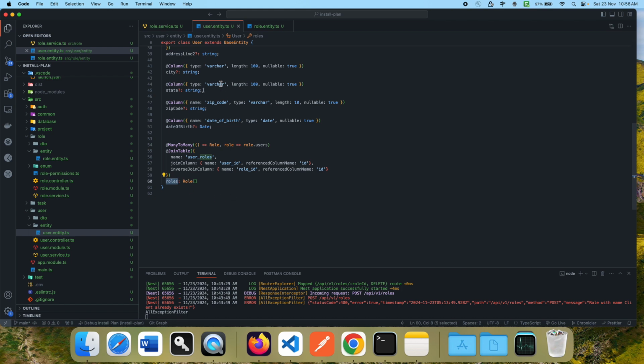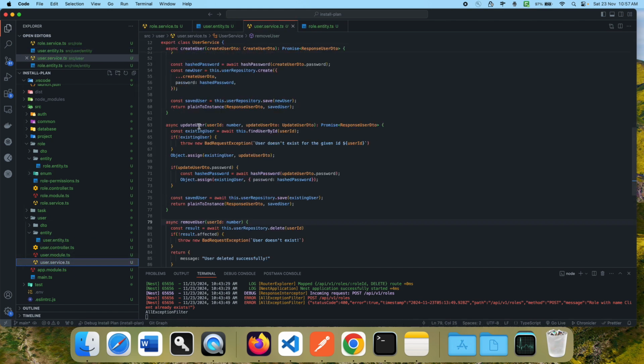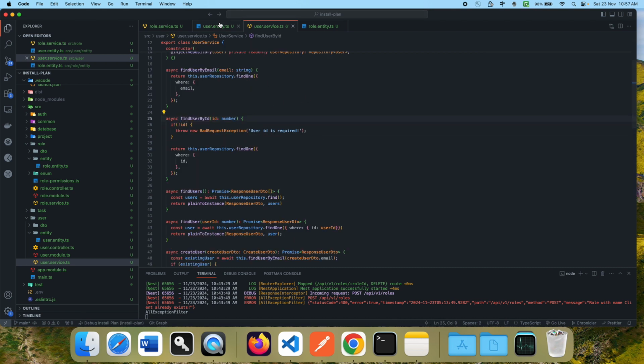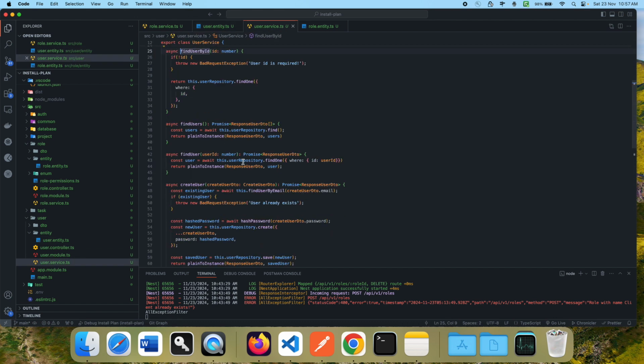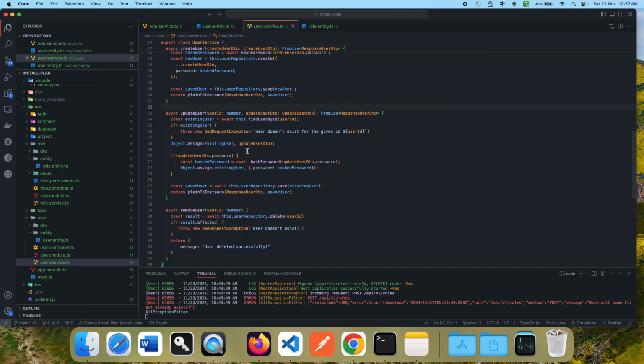Since we already have too many users, let's first start with update. So here in update, we are right now finding existing users. If the existing user doesn't exist, then we are throwing some error. So now what we can do next is here